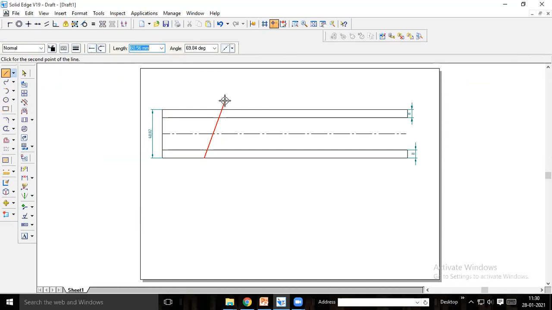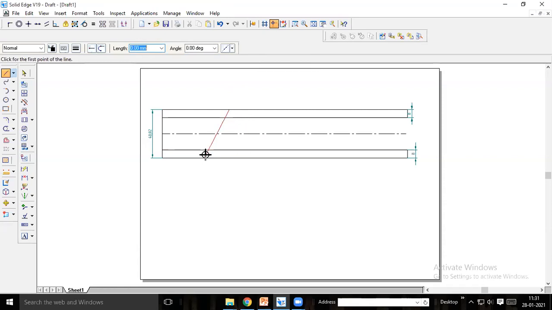As you know, what is the angle between the flank faces? 55 in case of BSWR, right? 55 means you have to take half of that, so half of that will be 27.5. Here this angle is 90. From this 90, I have to measure 27.5. So while entering the angle, you have to mention 90 minus 27.5. With that angle, you need to draw this line. I hope you all understand.